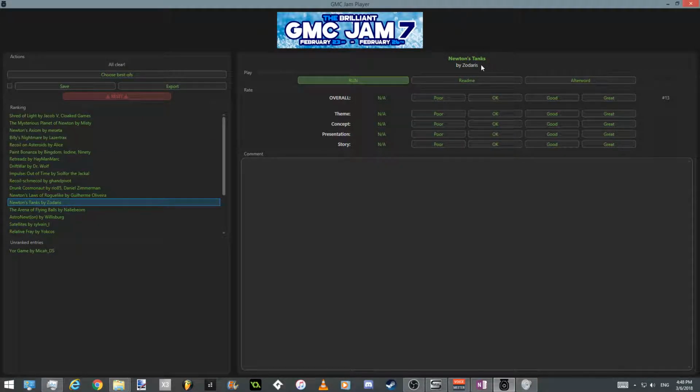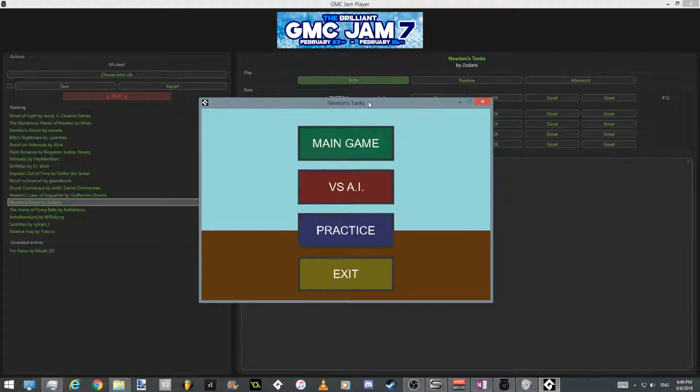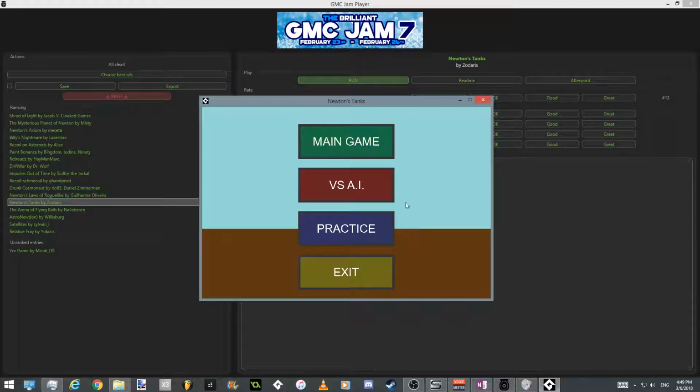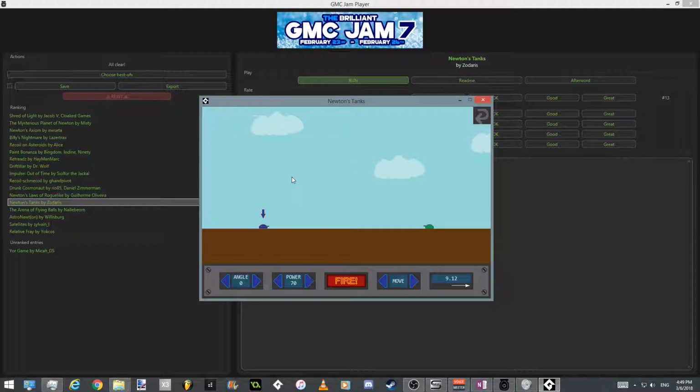All right. Newton's Tanks by Zodaris, something. I used to play Gorillas, and there's also Worm Wars and other things, but those are more the ones I grew up with. And there's also Tank or something, which is more what this one is based off of, I think. So anyway, you have your versus AI. You've got the main game, which is just two players, I guess. I thought it was pretty cool. It's very simple. The menu I wouldn't say is great, but